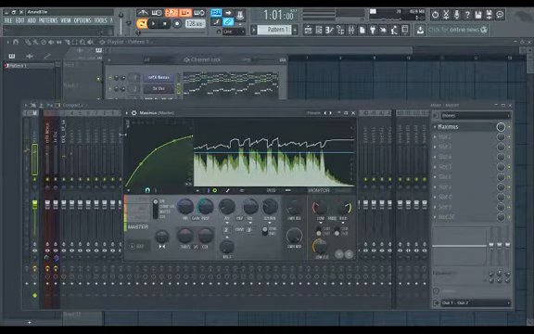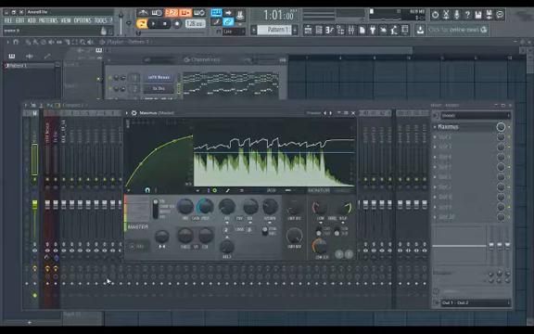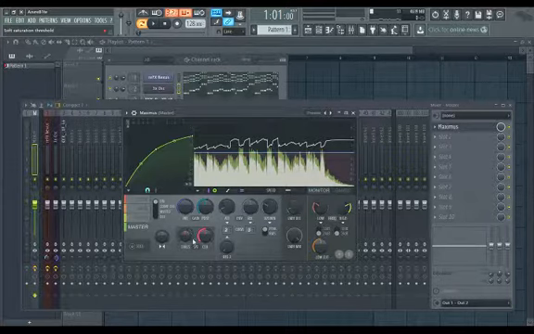So we have some compression now. Now to make this track into the final loudness, we can add some saturation to it, some clipping. So what we need to do is add a very small amount of ceiling and a very small amount of saturation threshold. And now you want to put this all the way up. Now this is gonna get distorted because what these knobs do is they do not let our sound